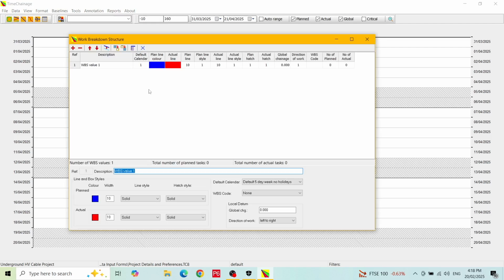In the project form, we set the default line width to 10 pixels. We can see that the default WBS value has a line width of 10 for both planned and actual activities. Let's give this value a name, say Site Establishment. We will now add a new value by pressing the Add Row button, and the line width is 10 for this item as well. Let's call this value Trenches,